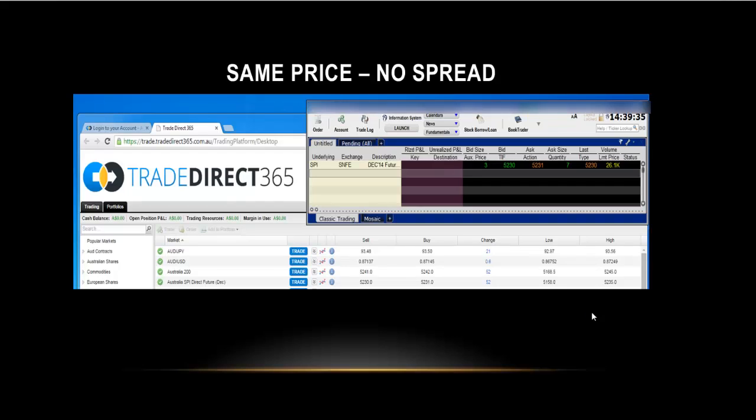One of the things to remember about CFDs is most of the CFD operators will use the markets and then they add a spread. So what they do is they add on values to the underlying market. So you'll find that if they offer you a contract on the XJO, there's additional 1 or 2 points added onto the bid or the ask, and that is where the CFD operators make their profit. But the interesting thing about Trade Direct 365 is that they do not add a spread. You are trading the same price through a CFD as you are if you were trading direct through the Sydney